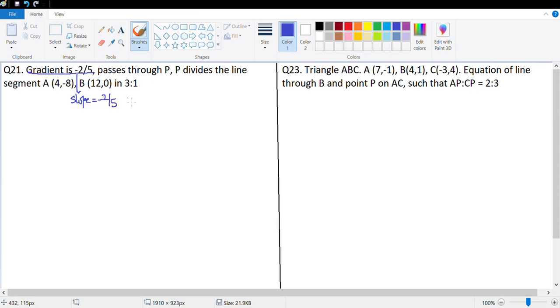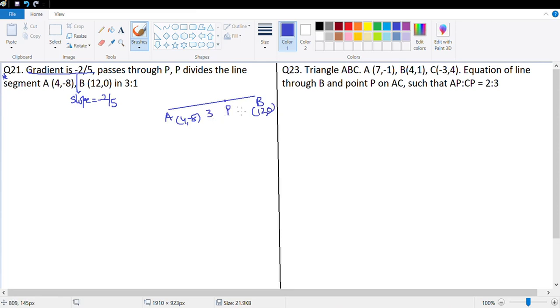Perfect. And this line passes through point P, and P divides a line segment joining AB in the ratio 3:1. Oh, so again, an interesting question. You can put a star here purely because this applies section formula as well. So let's look at what we are talking about. So we are saying that there is this point A, there is this point B, this is 4, negative 8, this is 12, 0, and there is a point P which divides this line segment in 3:1. So this is point P,